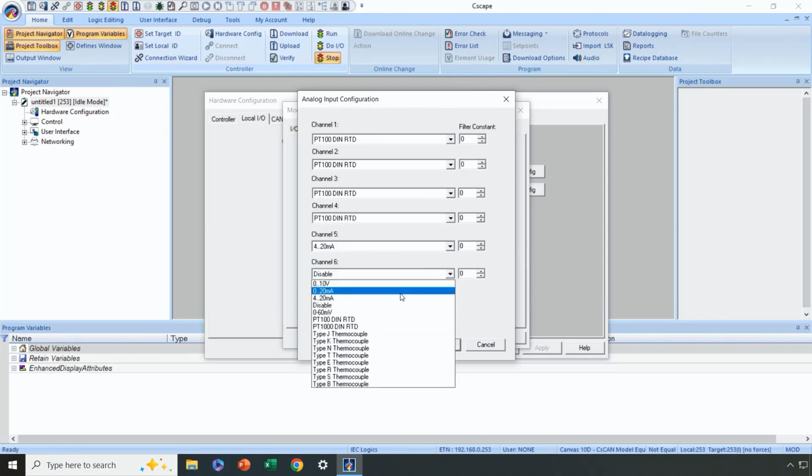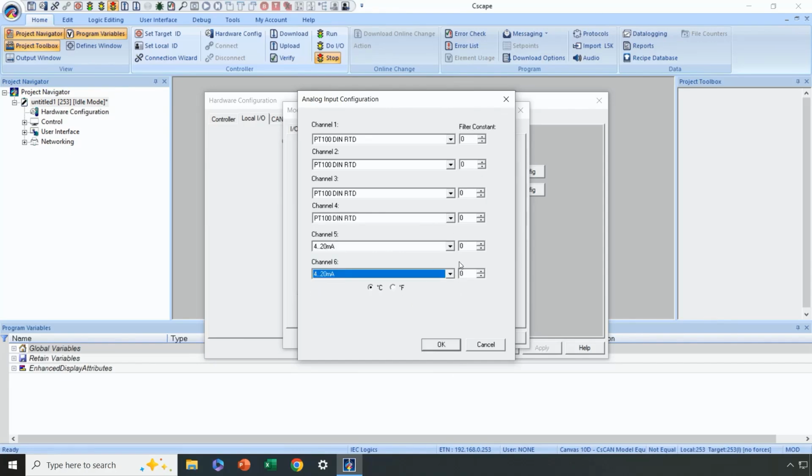And then let's say that we have a 4 to 20 milliamp input on the next 2 channels, and then this is our filtering. That can be a value between 0 and 7 to give us a balance between quick response and stable signal. So 0 to 7 is the range. We would usually start with a 3 here. We are going to leave it in degrees C as our unit. We will hit OK,